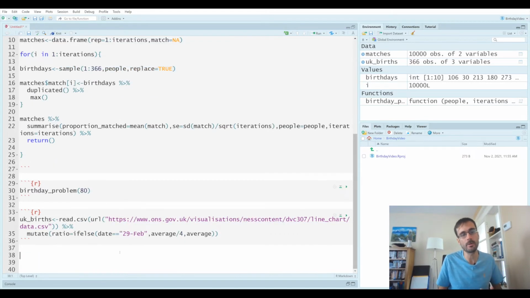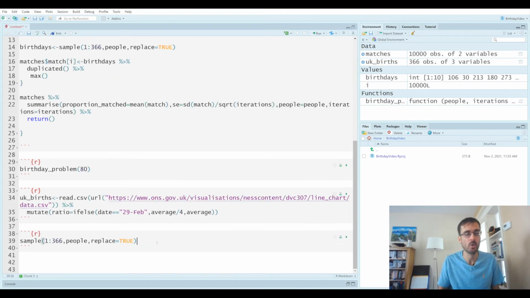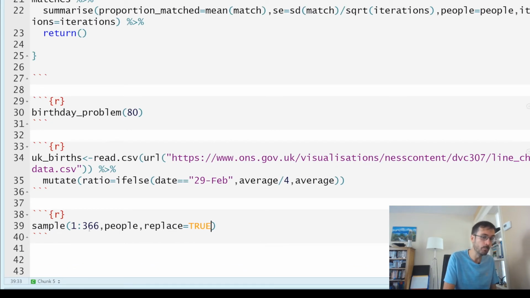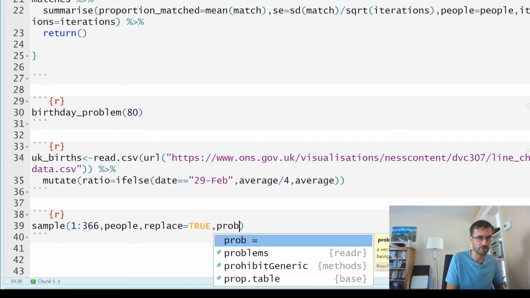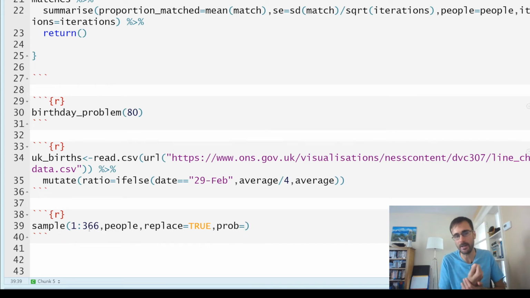Because again, one of the default elements, which I ignored the first time around when I used the sample function, was the probability that each element is selected. And by default, this is that every item is equally likely, which is a pretty sensible default in this case. But if I want to modify that default, this is the prob argument. And conveniently, I happen to have a column within my UK births data frame which already has the ratio of